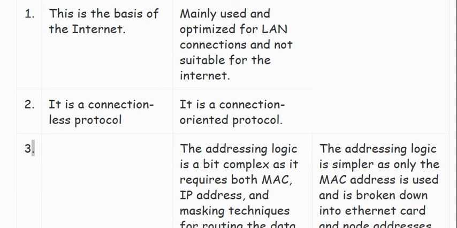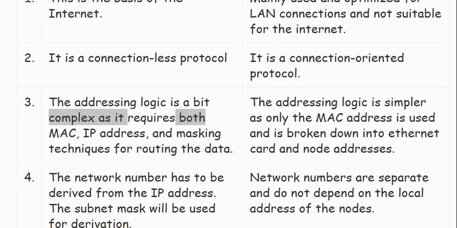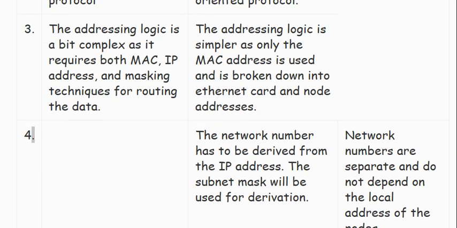3. In TCP/IP, the addressing logic is a bit complex as it requires both MAC and IP address, and masking techniques for routing the data. In IPX/SPX, the addressing logic is simpler as only the MAC address is used and is broken down into Ethernet card and node addresses. 4. The network number has to be